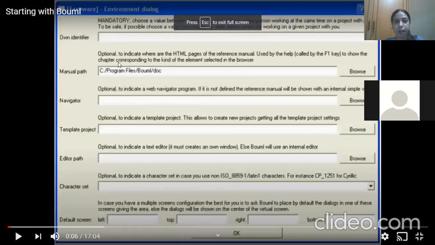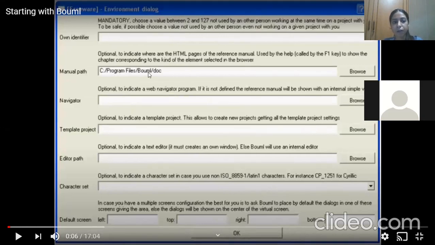The first thing it will ask is the own identifier. Means every user will have its own identifier. So you can choose an identifier from 2 to 127. So it's basically for multi-user purpose. Like I choose the same identifier, some another person, if he chooses something, maybe they can work on this project. So this option we have not explored yet, but it is an option for multi-users. So you have to choose an identifier from 2 to 127.